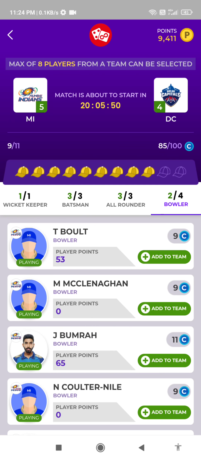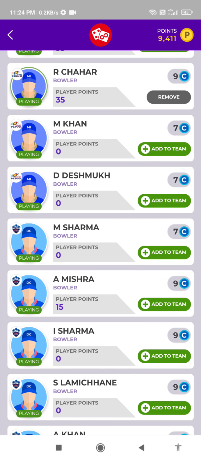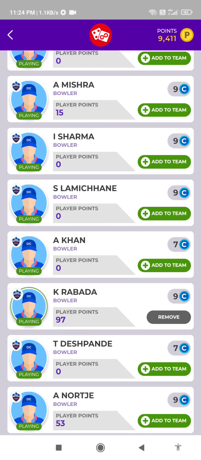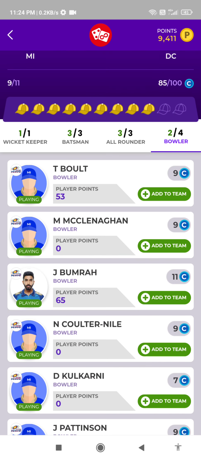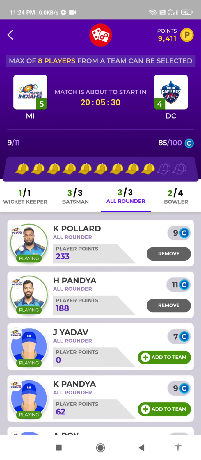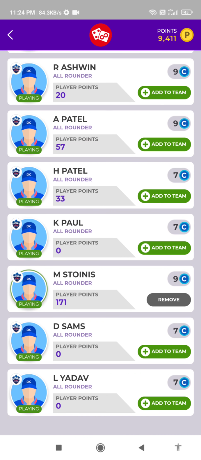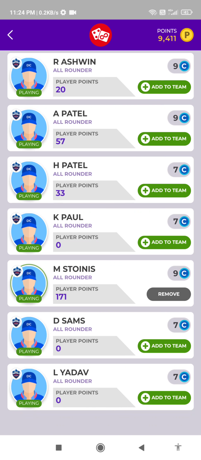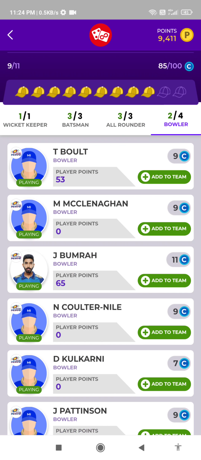I'm removing Bolt. I want to remove Stoinis and add Krunal Pandya as all-rounder.